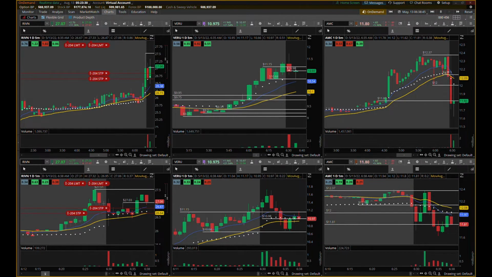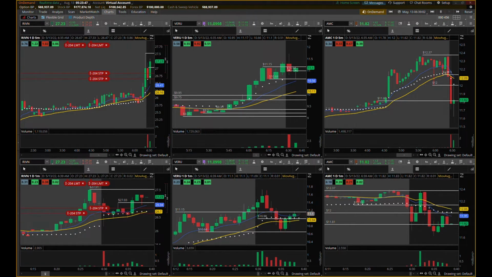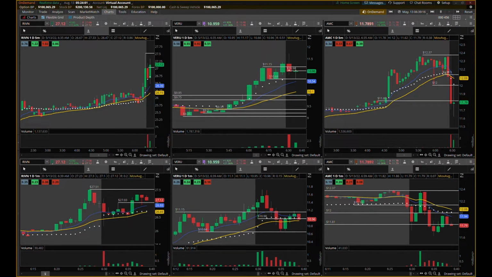That's kind of tricky because with things heading in the down direction the way they have been, it's risky to take this kind of trade. That candle's about to close, and I'm exiting that first order for a small profit, and I'm exiting the second one just because I didn't like where I got in. So I'm up $20 on the stock. I could try to enter there again, but others are dropping, so